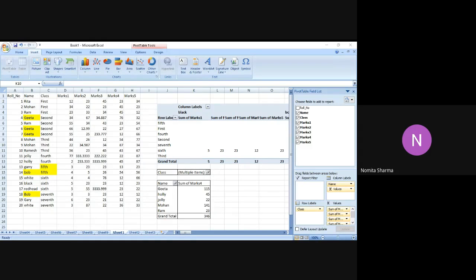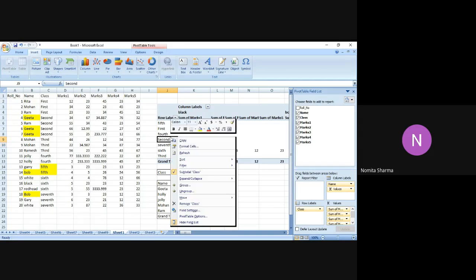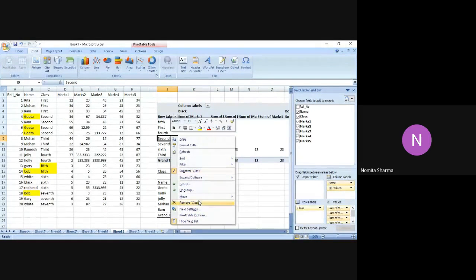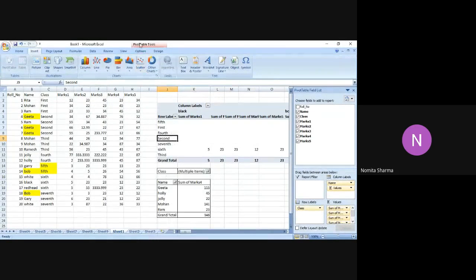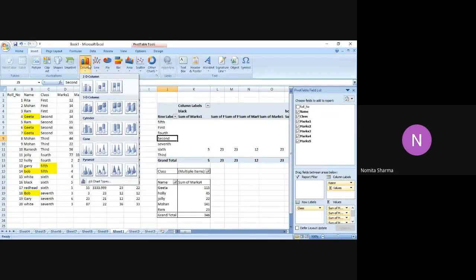Okay, you're presenting that. So let me just go back to my screen, and I want to do something more with this because I wanted to work with the expand, ungroup, field setting, field table options. No, I don't want to have that. So if I go to this option, here I got this. If I go to the pivot table tools, you will see that it will allow me to make charts also.